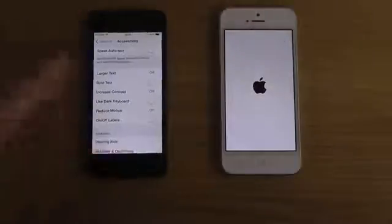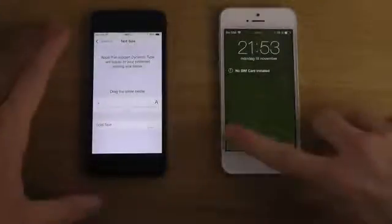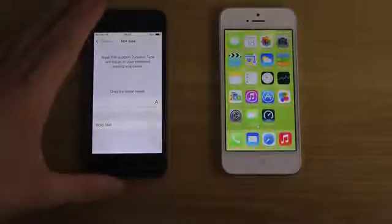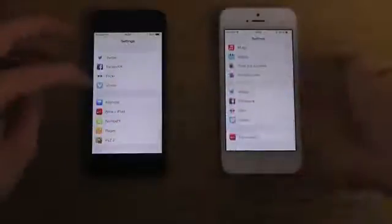There we go. And also when you disable it, you can see it could take some time here. You might have to go in and out. There we go. Now it is disabled. If you go into Text Size as well, you have the mode there to enable bold text, which could be interesting. Another little thing here with the 5S, especially the 5S with the latest beta here, is that